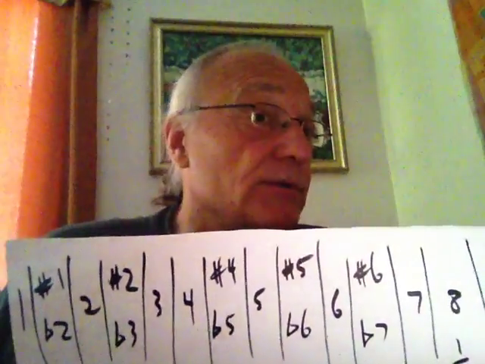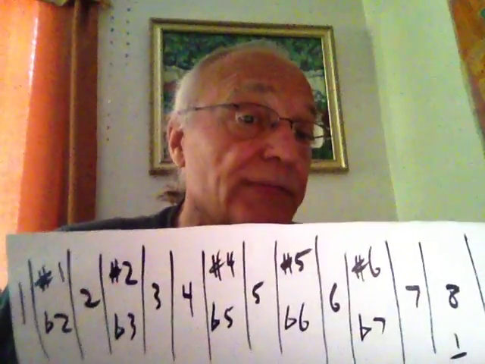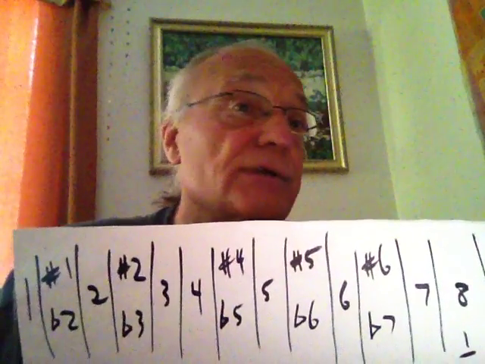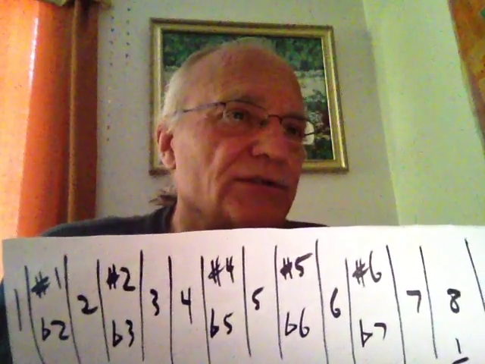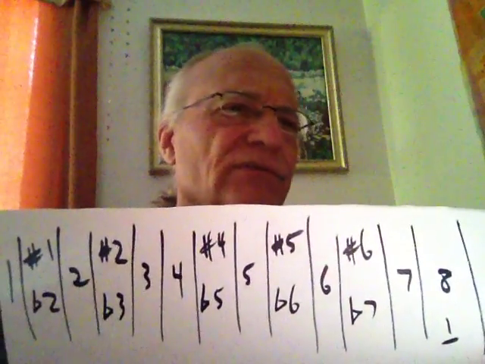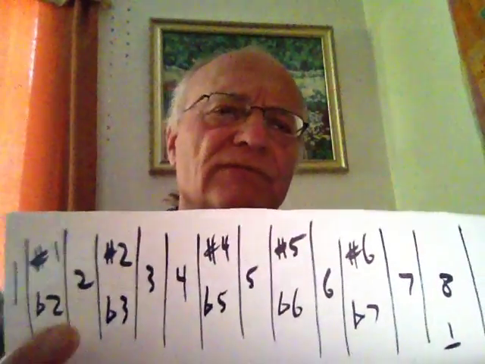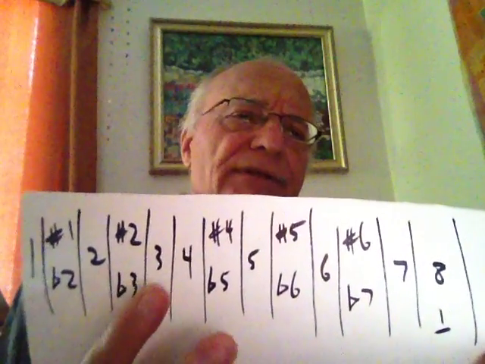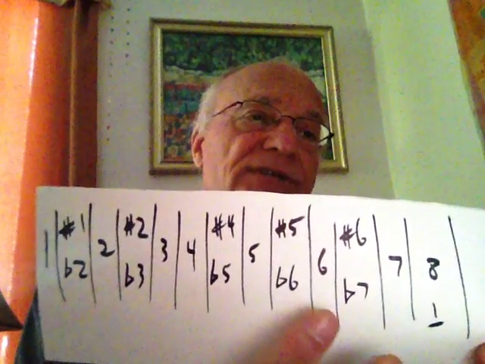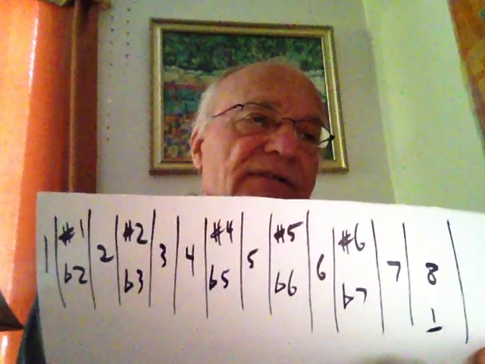Mostly in contemporary modern Western music, based on African American music or based on jazz or blues, most of the time we would use the flat name for something. So 1, flat 2, 2, flat 3, 3, 4, flat 5, 5, flat 6, 6, flat 7, 7, and then